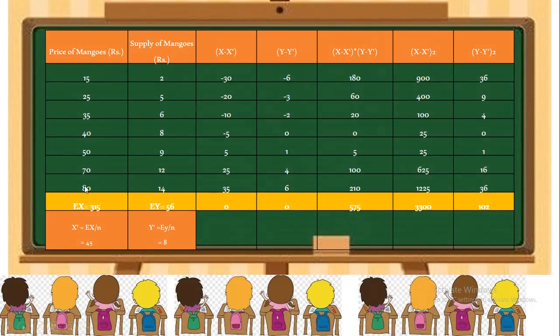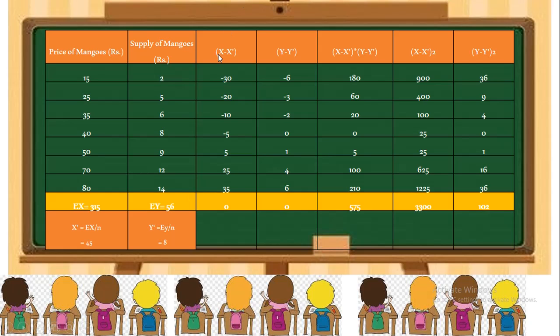This is x, so our sigma x will be 315. We have made a small change in the x variable as well as the y variable. So sigma x is 315, x bar equals sigma x divided by the number of variables, which is 7. So our x bar is 45, which is a full digit. So we can use the x bar and y bar formula. Sigma y is 56 divided by 7, which is n. So y bar is 8.